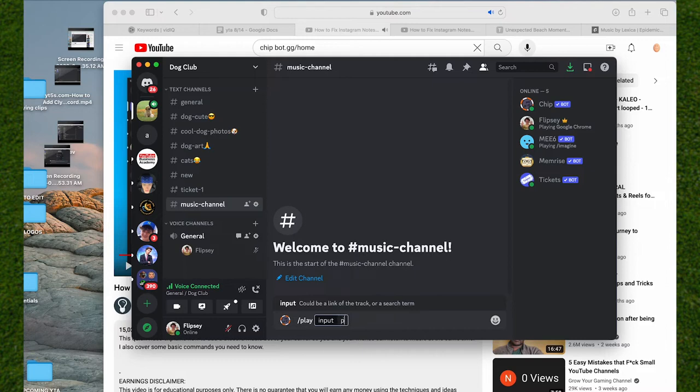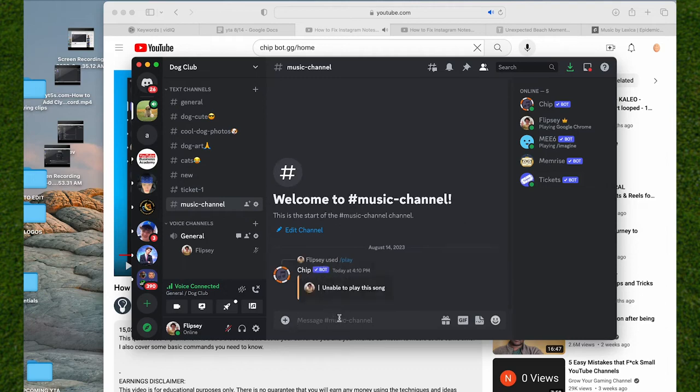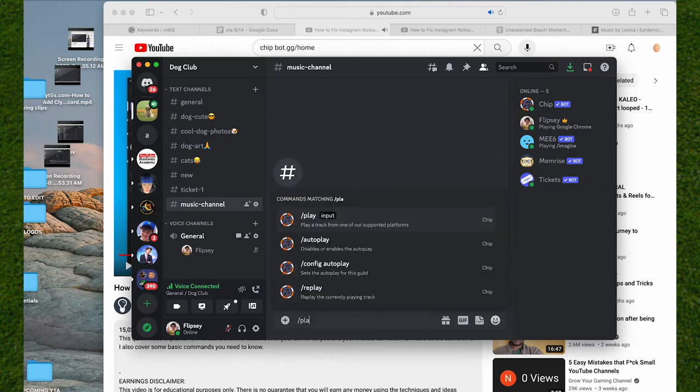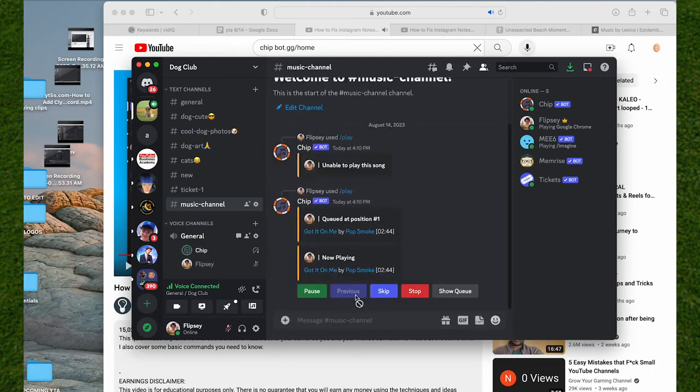whatever song you want. Let's just say we want to play Baby Shark. You just type in Baby Shark, and once you do that, you just click and enter. It'll actually send it to the chat. And how you actually queue other songs is you do /play once again and type in another song that you want to play. As you can see, it will start playing this song,